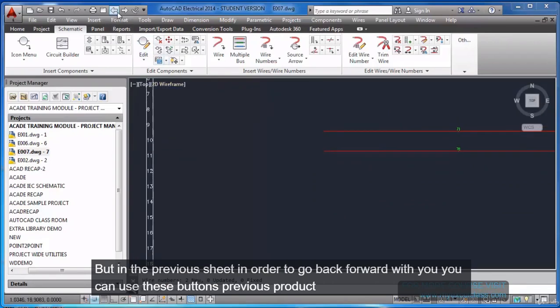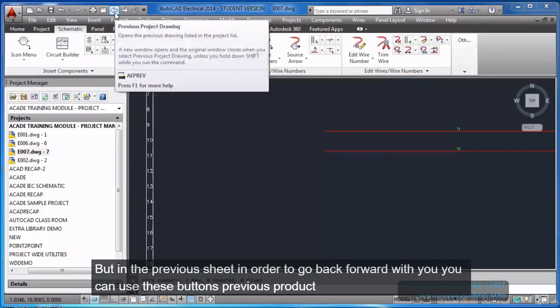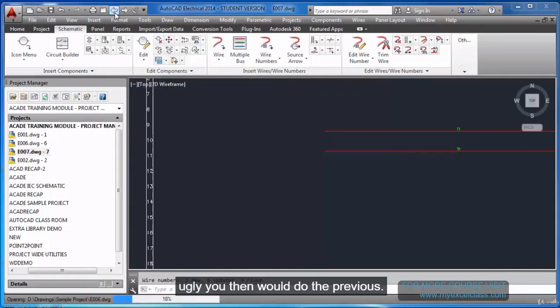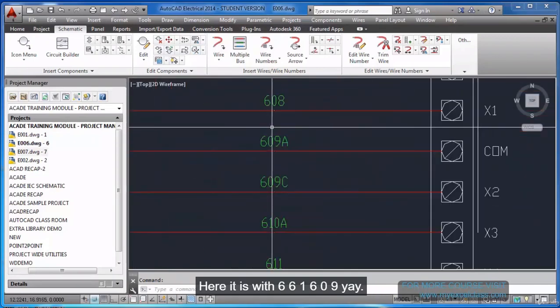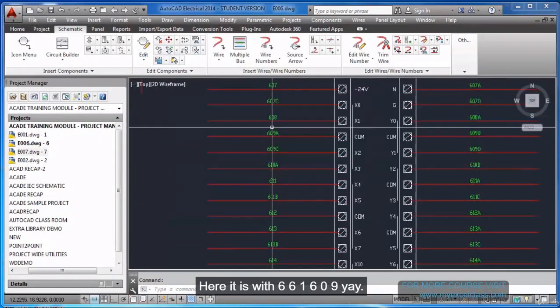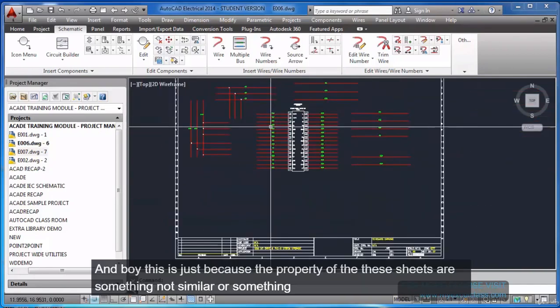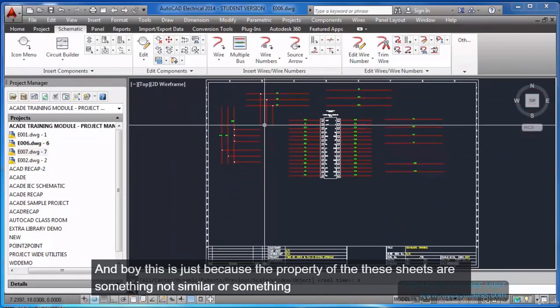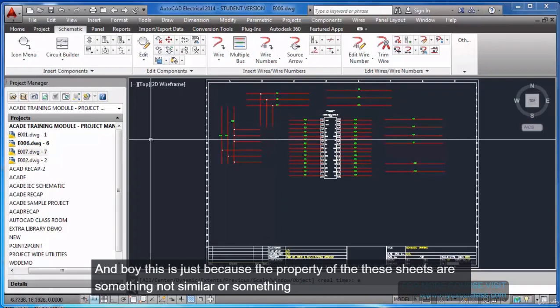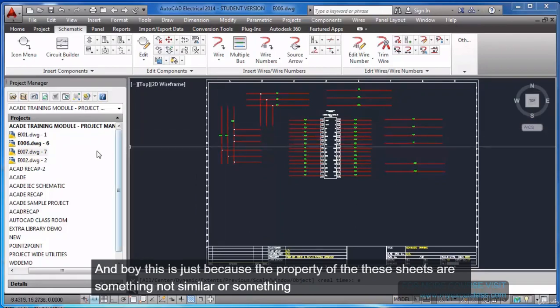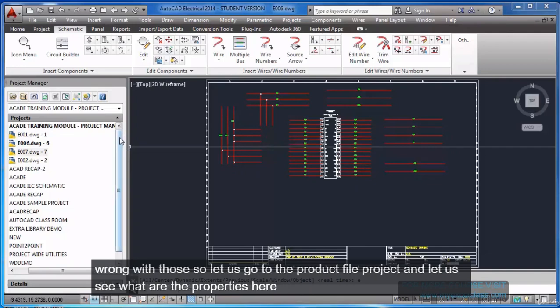But in the previous sheet, in order to go back, forward and reverse, you can use these buttons. Previous project drawing, you can move to the previous. Here it is with 61609A and all. This is just because the property of these sheets are something not similar or something wrong with those. So let us go to the project